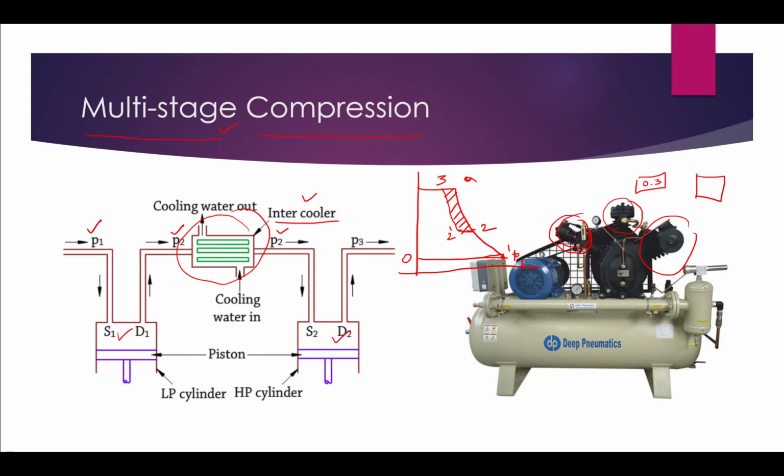So this is the low pressure cylinder, this is the high pressure cylinder. The size of the high pressure cylinder will be less than the low pressure cylinder because of the decrease in volume. By using intercooler, this multi-stage can be reduced like this. If you see this in analysis,